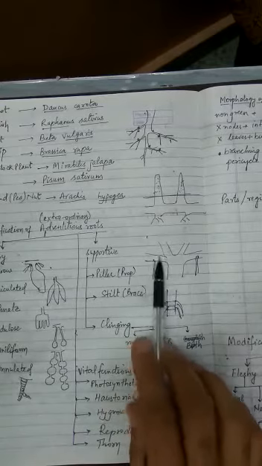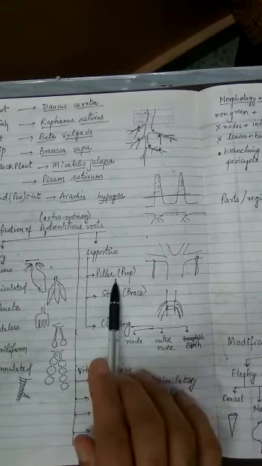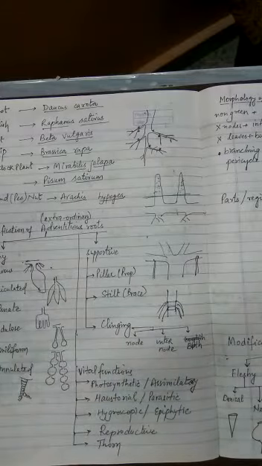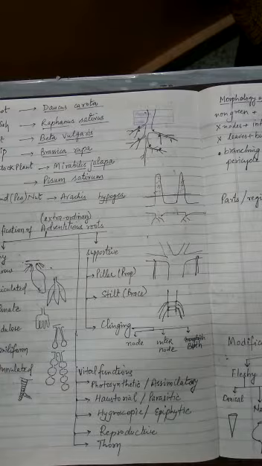First one, which is found even in the dicot plants, now pay attention, they are present in dicot plants, so it's adventitious. Remember, don't think adventitious means always monocot. Dicot plants will always have taproot, but there are some dicot plants that will develop extraordinary roots also. So that's why in the higher classes we use monocot roots are called as fibrous roots, and fibrous roots are also a type of adventitious roots. So that means adventitious roots are present always in monocots and may also be present along with the taproot in the case of the dicot plant.